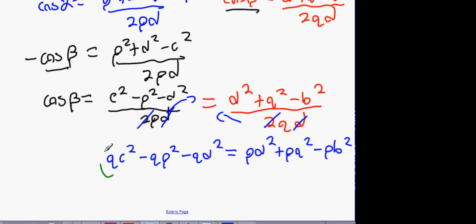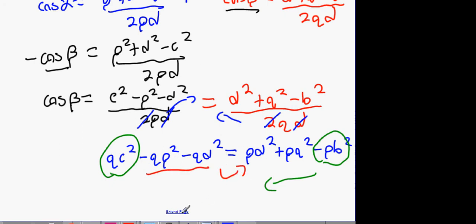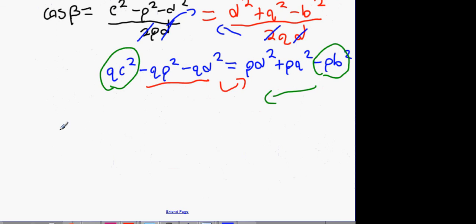qc squared is located here. pb squared is located here. I'm going to move that over one side. Anything else goes on the other side. So what I'm going to get now is this: qc squared plus pb squared, as the question asked me to do. And then I'm going to get pd squared,